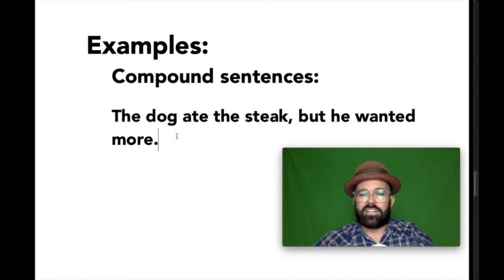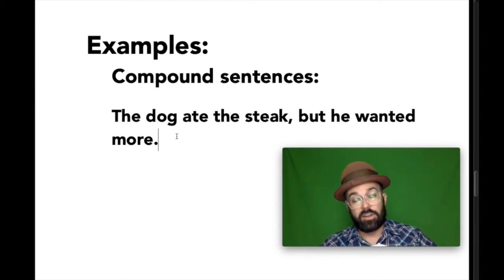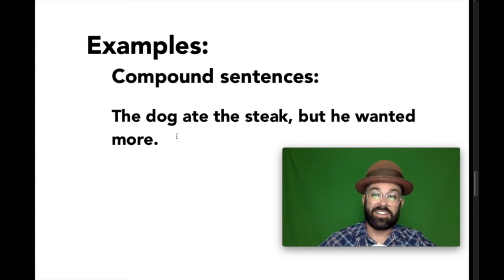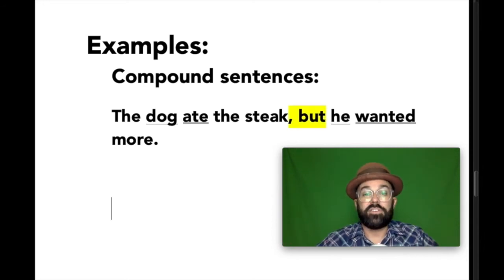Here we go. Take a look. So what I've done is I've taken our simple sentences from before and I've added more information to them. I've basically taken one independent clause that we already had, put on my coordinating conjunction, and then added another independent clause. And so in this example, the dog ate steak, lucky dog, but that's one of our coordinating conjunctions, he wanted more. And so if I was to mark this sentence up, we would see the dog ate